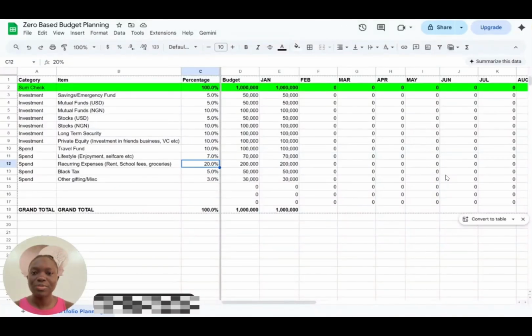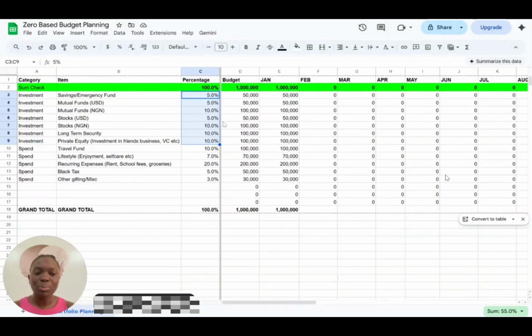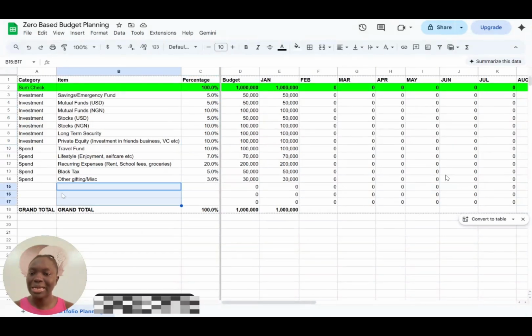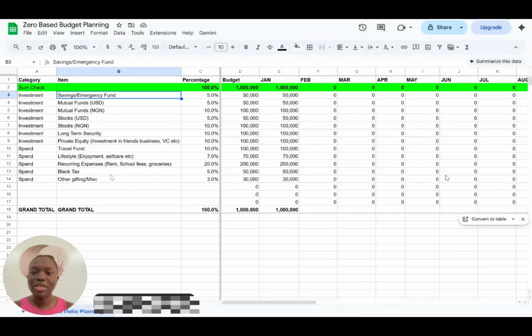And then what is left of that, there are rules around how much of your salary you should be investing. By this template, I would assume that you are investing about 55% of what you earn. But again, like I said, this is not hard and fast. Just break down this percentage in a way that is reasonable and in a way that works for you. The spaces that I have left here, these three lines, is in case you have any other items that are personal to you that I have not listed here, you can list them.